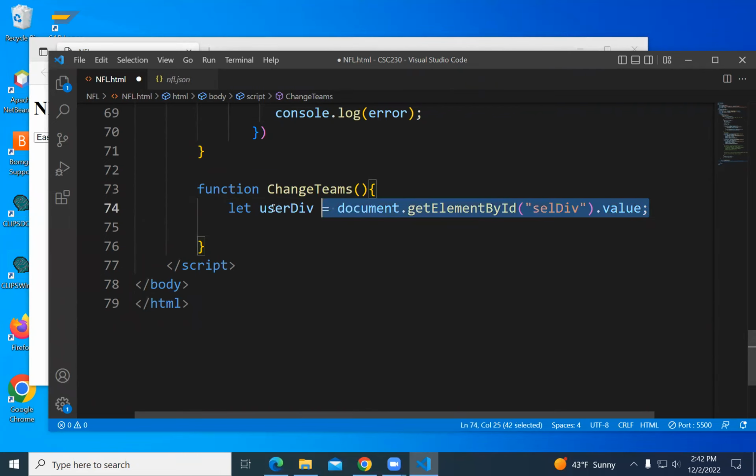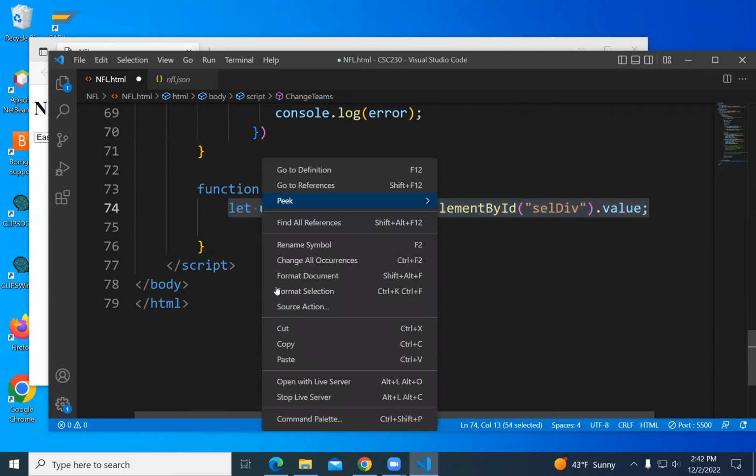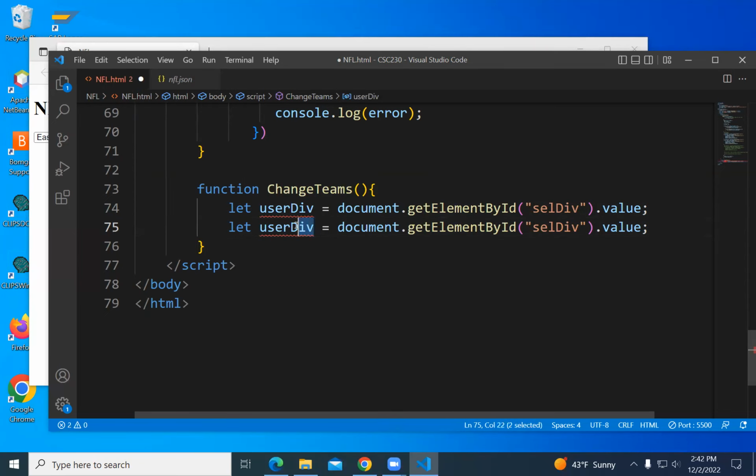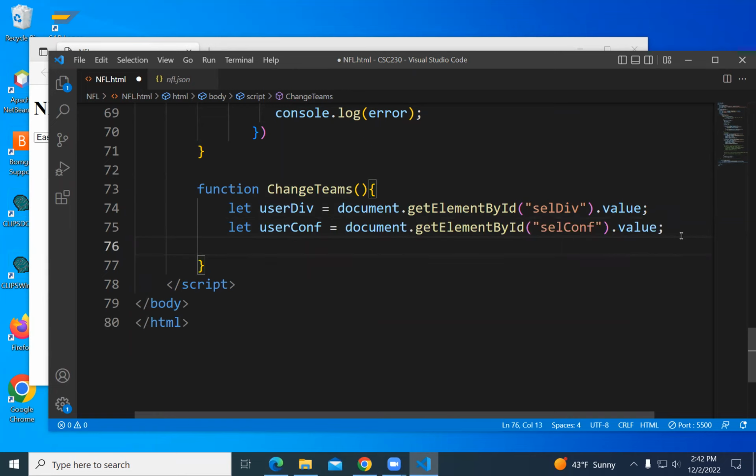And same thing again, but conference. Okay, so we've got the user division and the conference.